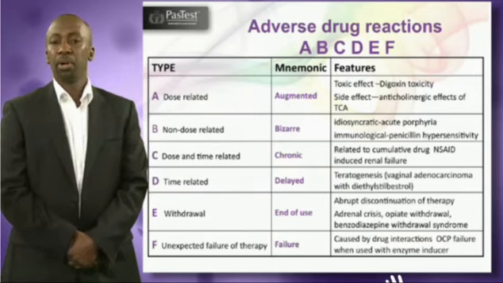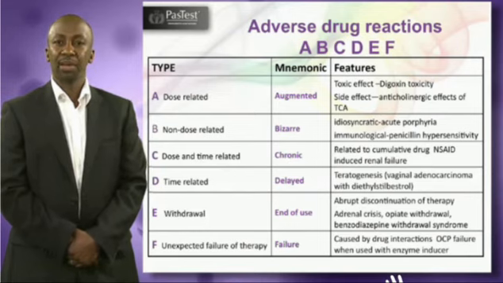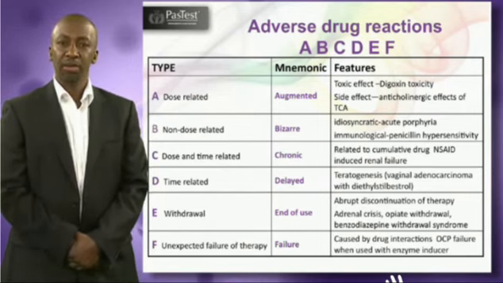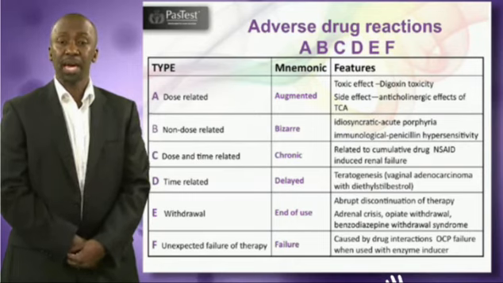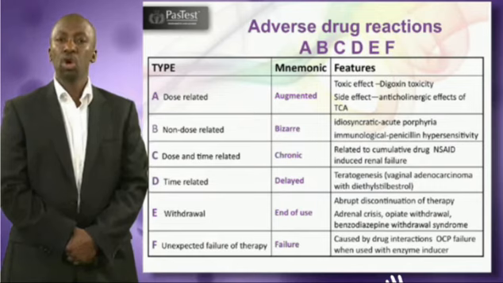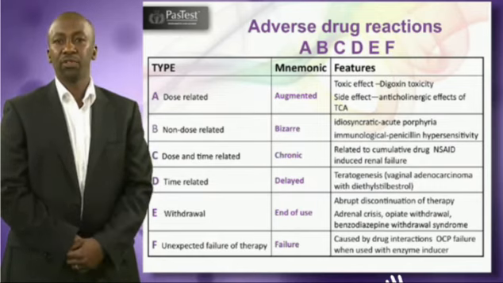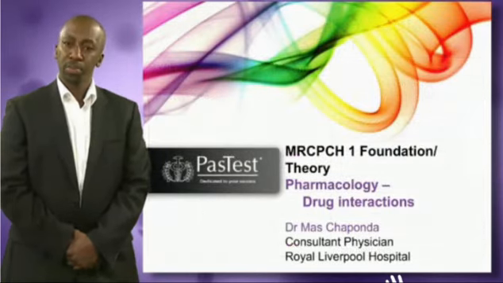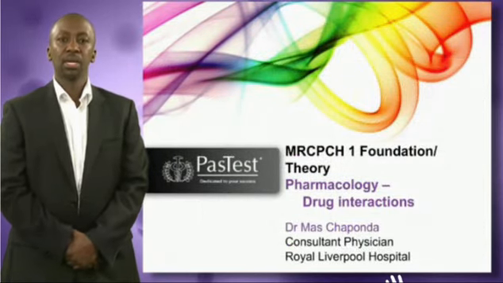enzyme inducer is used with a pill. Again, you will see that either it's a potentiation or loss of function. And it's very important to classify drugs in this manner, as it gives you a systematic approach when you're studying for the exams, rather than looking at all adverse drug reactions as the same, which they are not. I hope this has been helpful for the exams, and I hope that